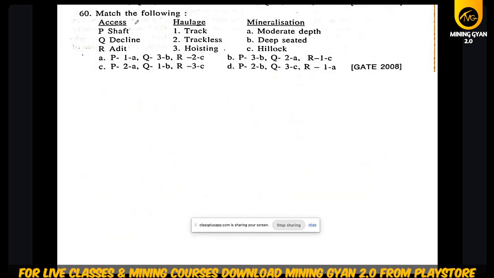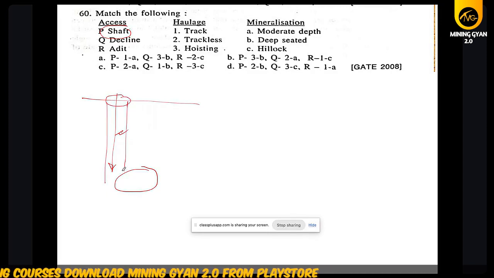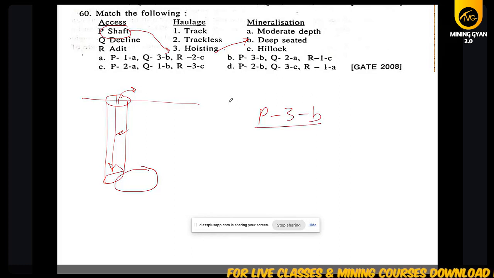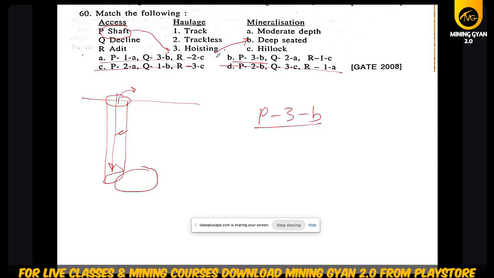Shaft, what is shaft? This is the surface, we make a shaft to reach an ore body. So for the shaft we use winding, or hoisting. Then for the deep seated, try to eliminate option P3B. We know only one option, so it will eliminate the others, है ना।